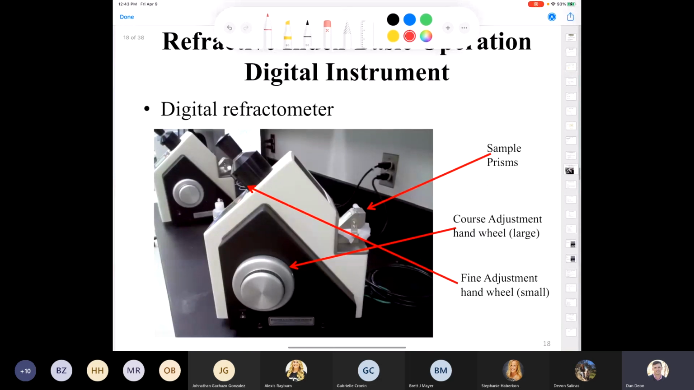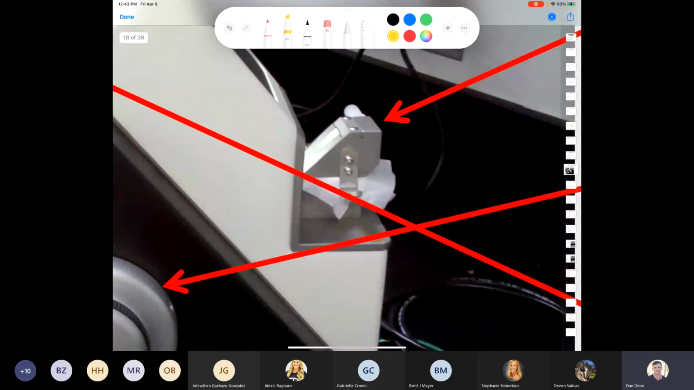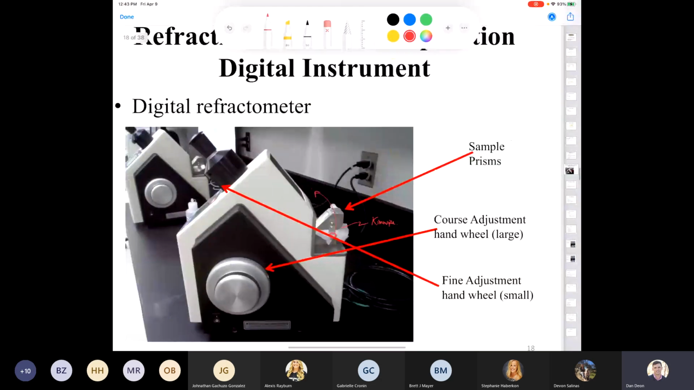Where was I here? So here's the prisms at the back. I'll kind of zoom in here, and you can see that we have a CHEM wipe in between the prisms, again, to maintain their integrity. So when you want to run your sample, you just grab this little lever here and you lift it up. It's kind of on a hinge. You put the sample on, you put the prism back down without a CHEM wipe in it, and then you press read on the